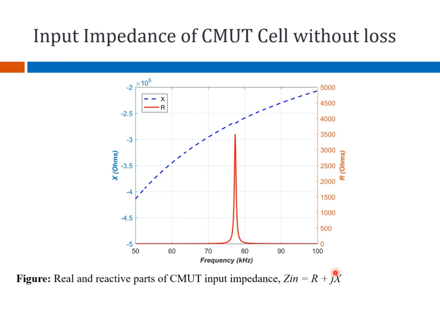So this is how it looks. For those dimensions, you will see that at 77 kilohertz, you're going to have a very high Q peak, and you don't have any other loss except that of air. And the capacitive reactance is as usual. I mean, that's the curve that you have for